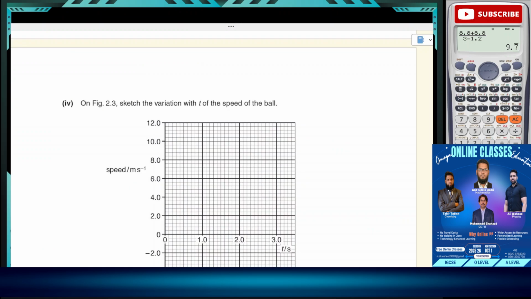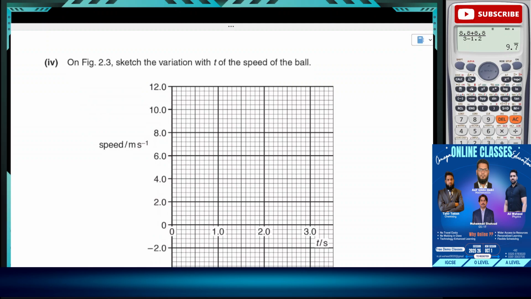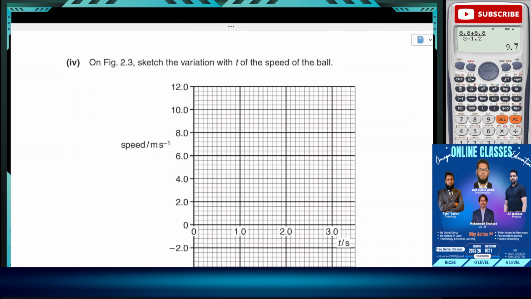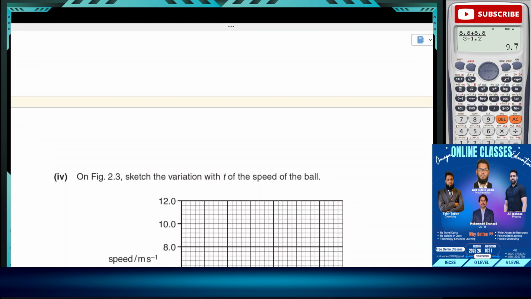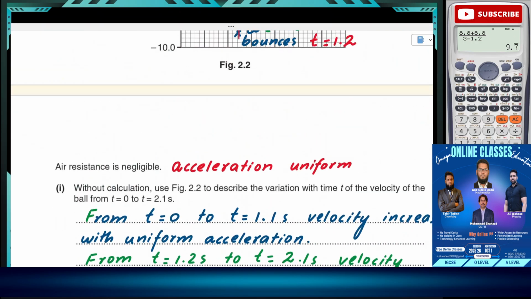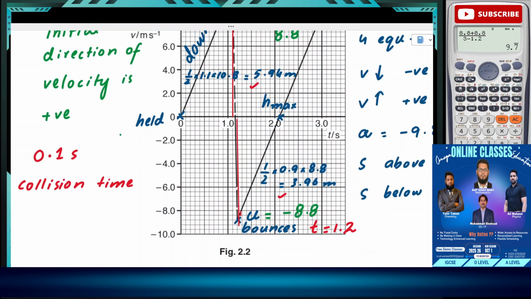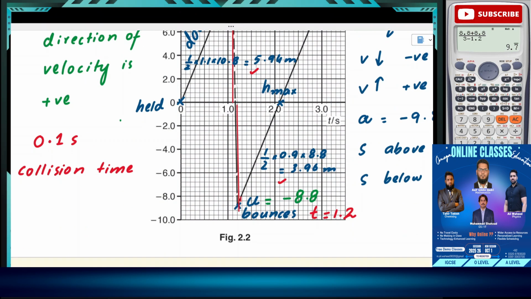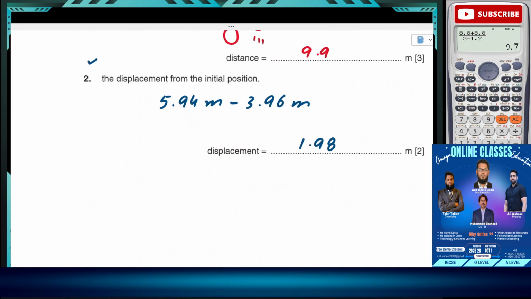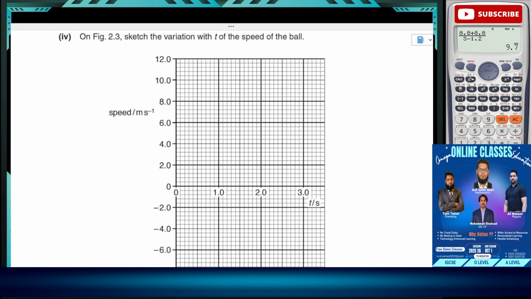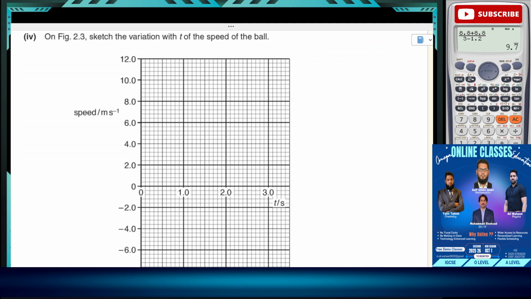Yeah, so here we have the next question. Sketch the variation with time of the speed of the ball. Initially we were provided with velocity time graphs. We have to convert it into a speed time graph. That's very easy. The only difference is that a speed time graph cannot have any values with the negative sign, because speed cannot be negative, velocity can be negative, so this part of the graph should